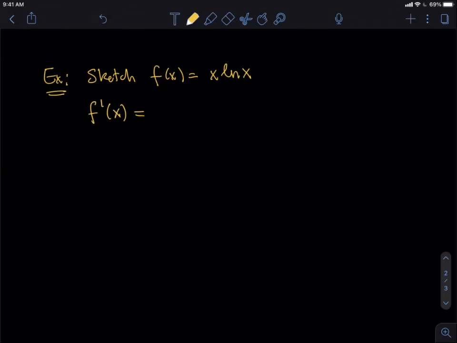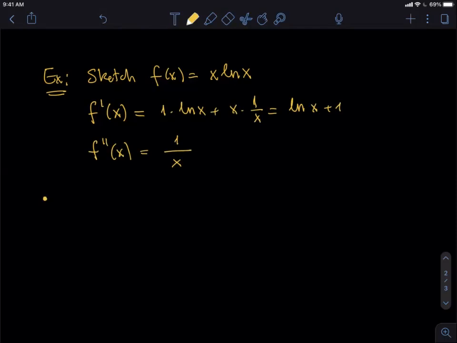So this is 1 times the logarithm plus x times 1 over x. So that is logarithm of x plus 1. And then the second derivative becomes very easy because it's just 1 over x, because the plus 1 doesn't really bring anything. Okay. Now we have the derivatives, and then we need to start